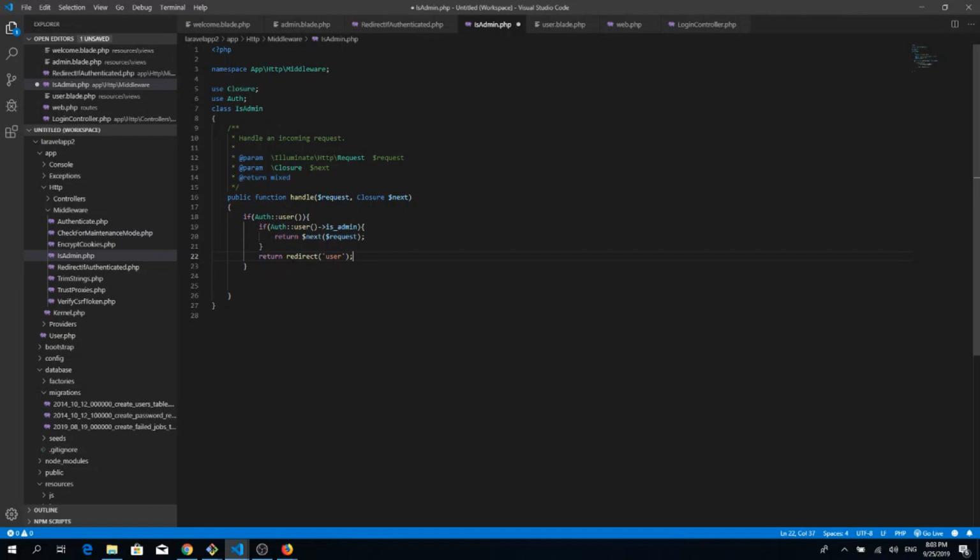Okay, so what's going on here? We are authenticated, and we check if we are admin. We are not admin, but we are authenticated, so redirect us to the user because we are not an admin. We are logged in, but we are logged in as a user. And if we are not authenticated at all, we are not logged in, then return